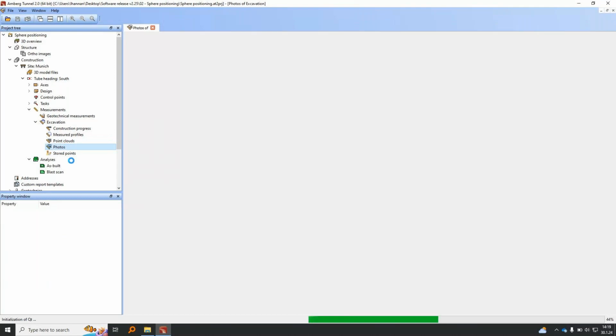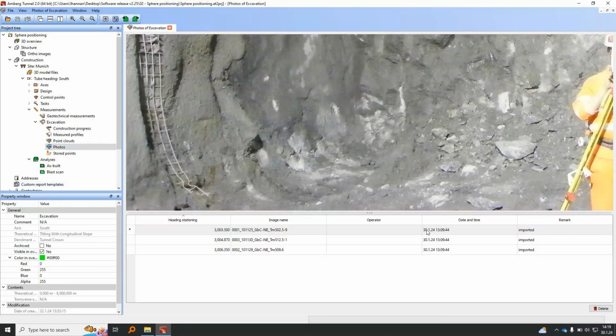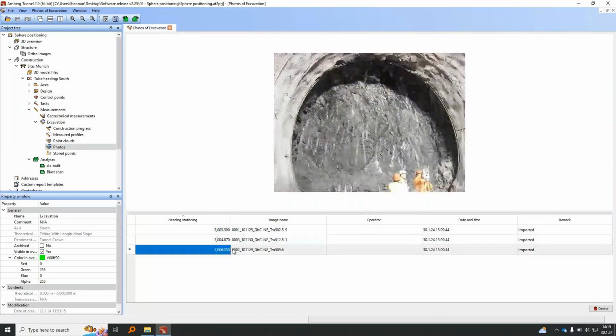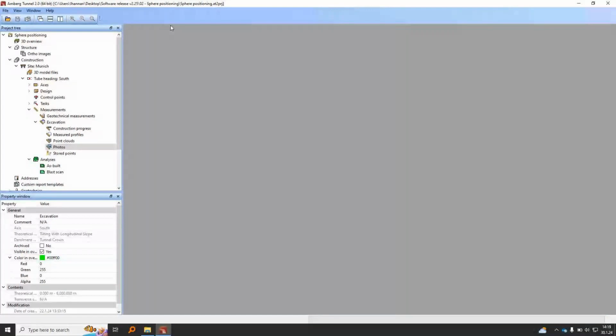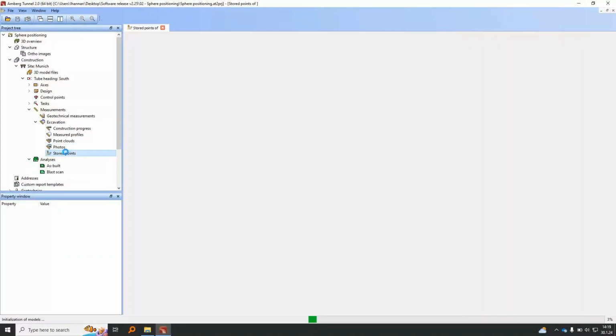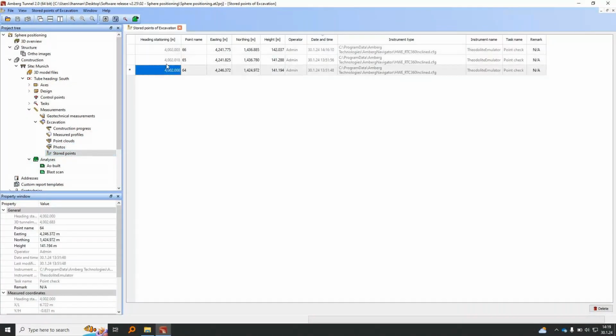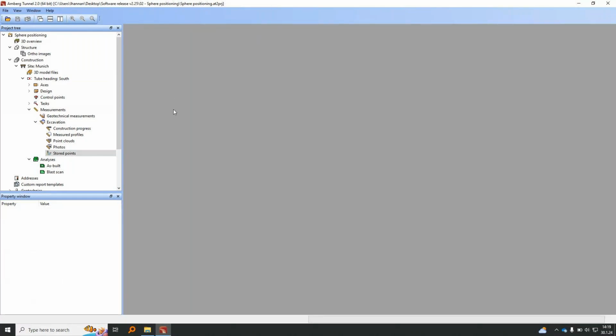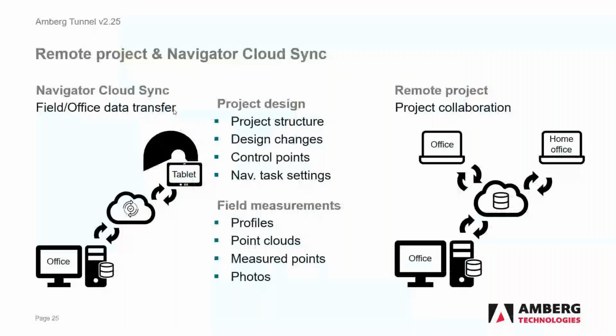Photos, we did not take any photos, but in this project we have some photos organized by stationing value for documentation purposes. They would get imported into the correct place, and individually stored points as well. So these were the 3 points that were just imported into the project. Okay, so if I now go back to